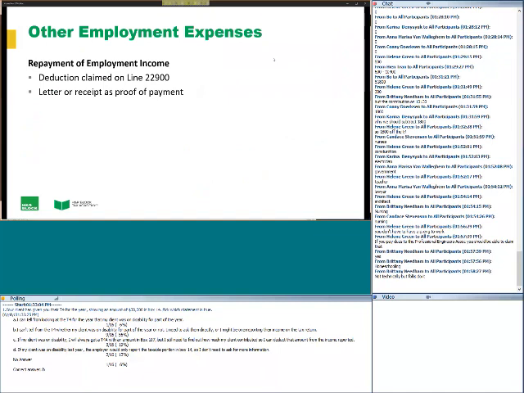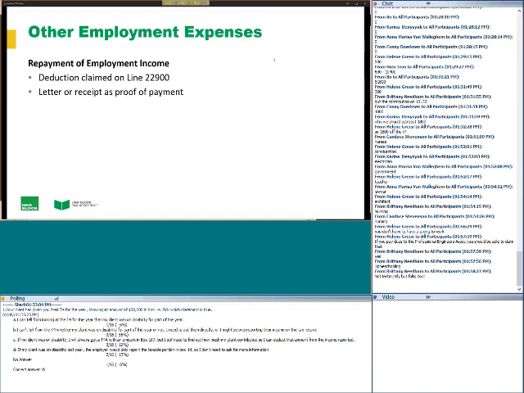If you have to repay some employment income, if you've received employment or other employment income in the past, you have to pay it back. You get a deduction on line 22900, but you have to have a letter or receipt. The big one we're going to see for there is probably going to be COVID benefit related, but other ones